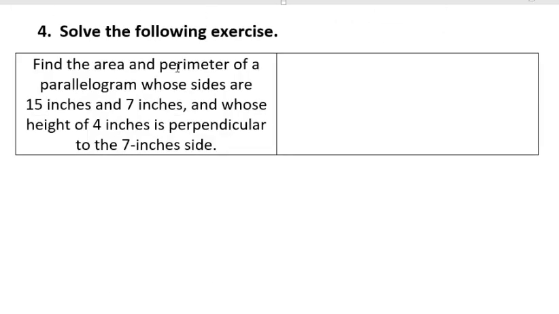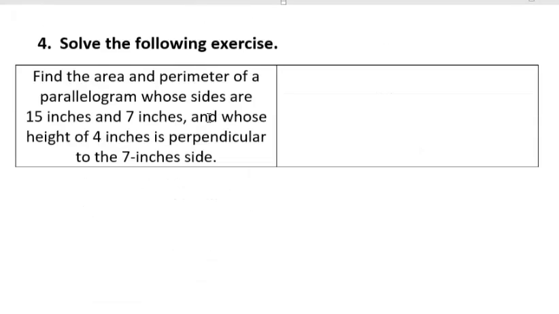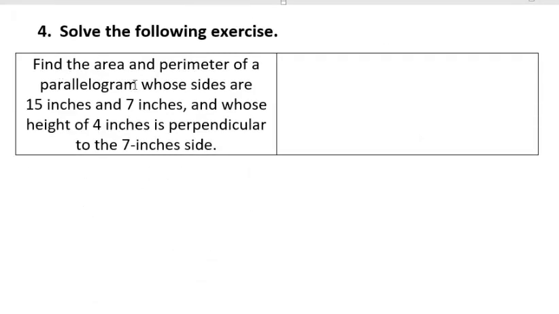Okay, find the area and perimeter of a parallelogram. It's a parallelogram, so I have three measurements. I have the base, the inclined side, and the height that is always perpendicular to the base, right? Okay, so it says that this parallelogram has some sides. Those sides are 15 inches and 7 inches of measure. And the height is 4 inches, so I have those three